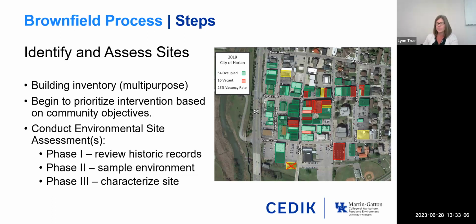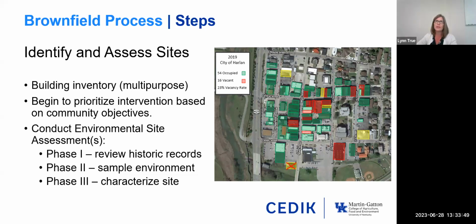In a phase 1, this is the preliminary assessment. This would be the first study that's conducted, and this is a service that our program provides at the state level. We do provide it to local governments and nonprofit organizations and quasi-governmental agencies who are trying to find out whether or not a property in their area is in fact contaminated. It involves a records review. Phase 1 also involves a site inspection, and it even involves interviews with people who are familiar with the property or the historic uses of that property.